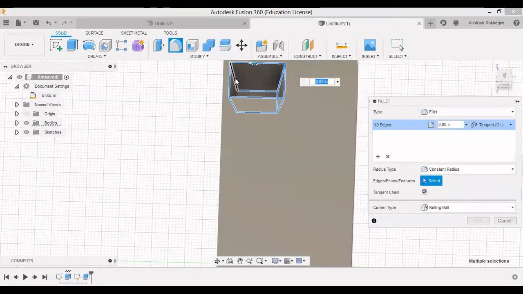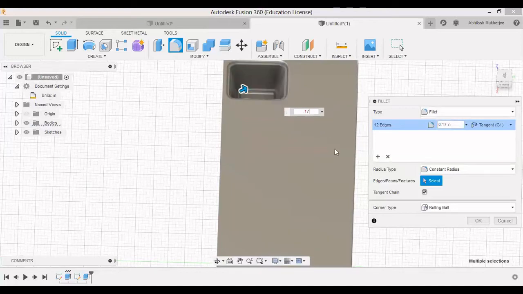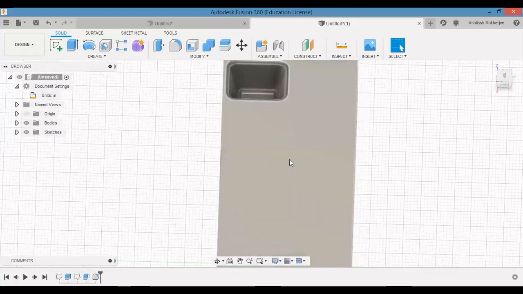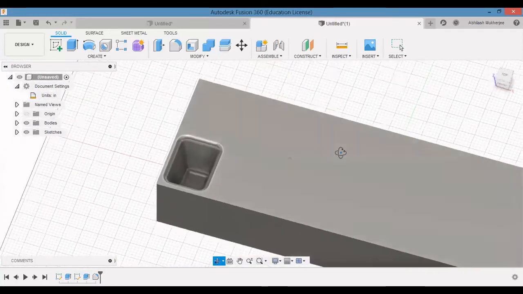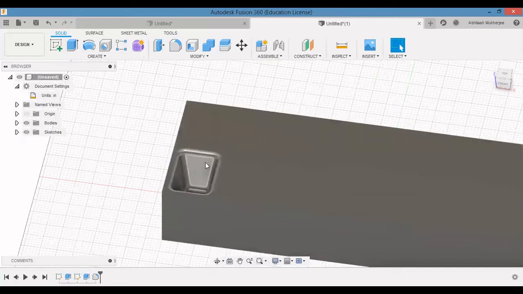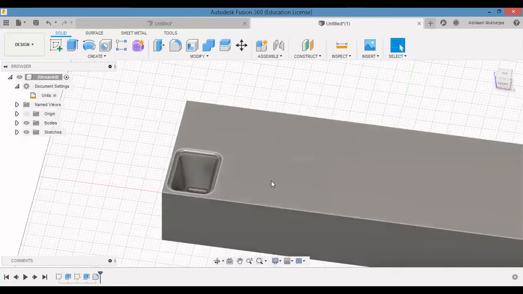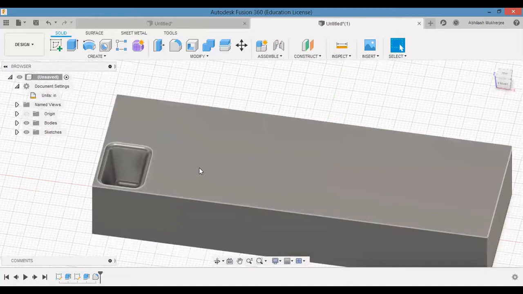I want this edge and this edge as well. Now the value of fillet, let's say we give 0.17 and press OK. Now these values don't look correct, but we can change it anytime later on.